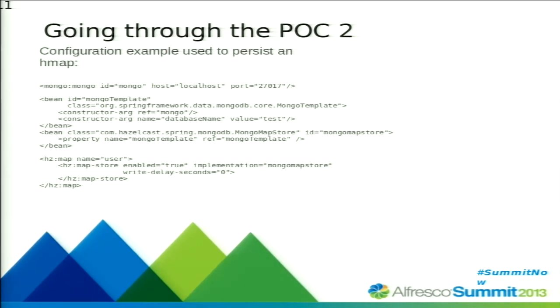And then you declare your HMAP. You declare that it's just a map that uses the configuration that you did before. In this case, the write delay is 0 seconds, meaning it's written synchronously. Whereas if you put a higher value, if you accept that the write could be made after, then